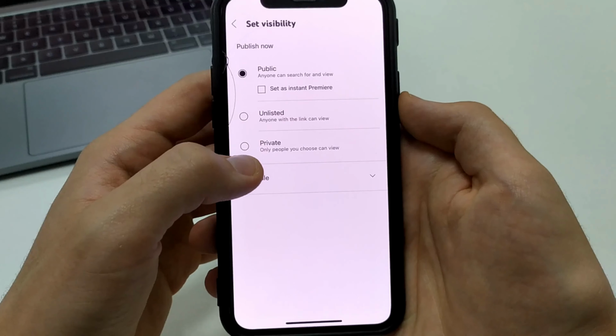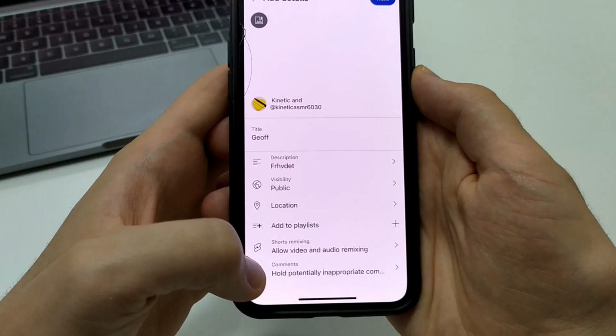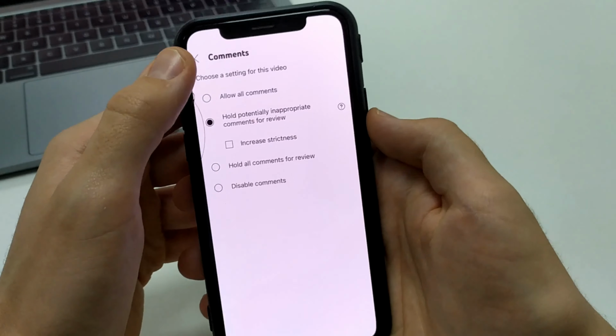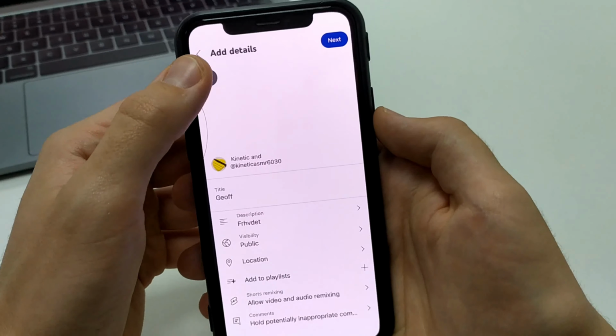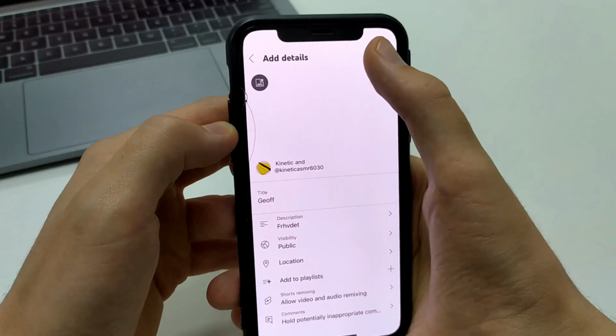Like close it or open it, and then once we've put it up, we can also choose the cover art for this video. And then we click Next, and then we click Publish. That's how easy it is to upload any video to YouTube from your mobile device.